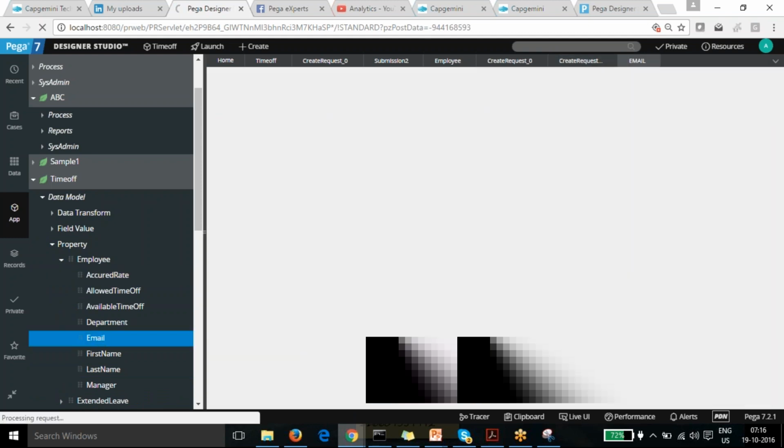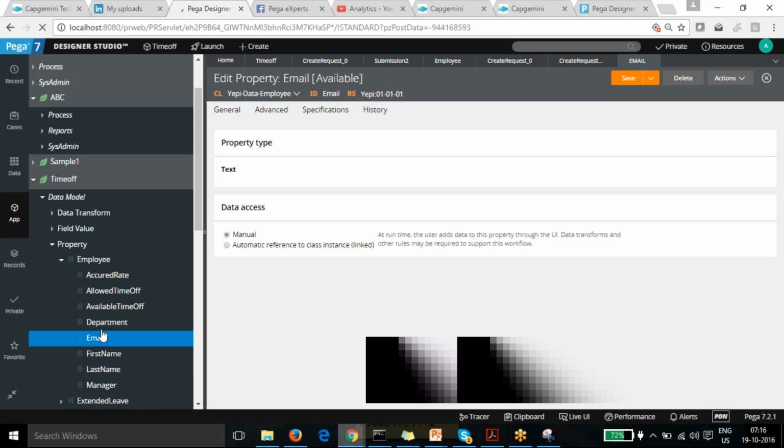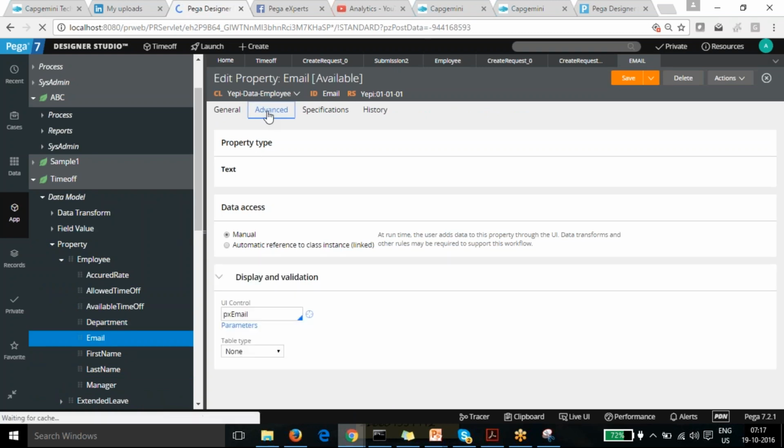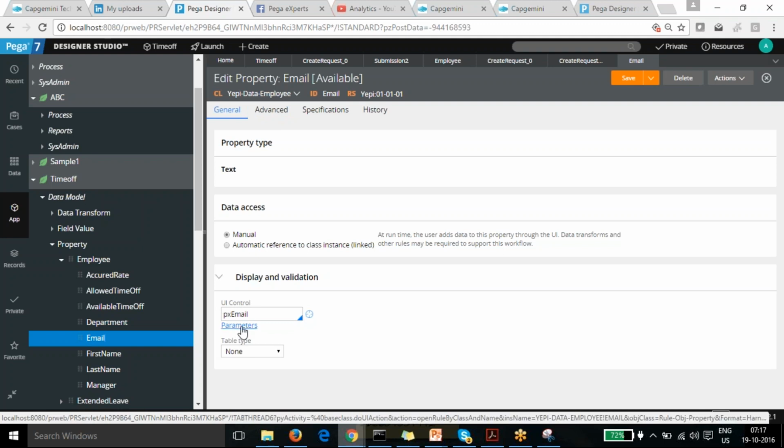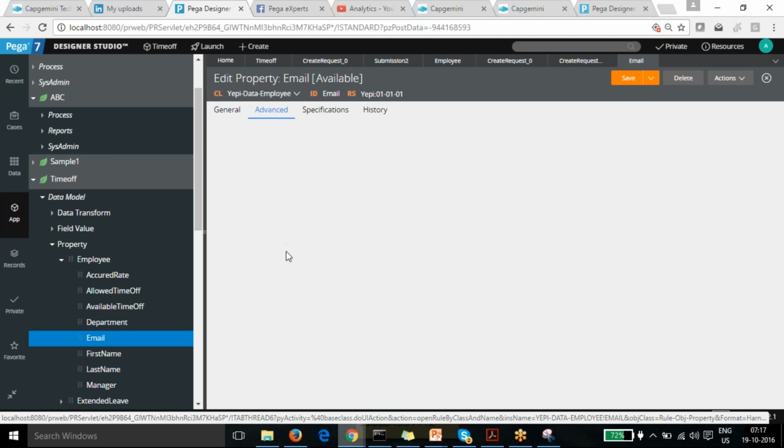Okay. When I look at the property, you can see in the advanced tab, maybe like we define the UI control, it decides that it's an email one. So all the features of that will come from that, the format it is going to use. We define some of the UI controls to decide that, so that can be done from here as well.